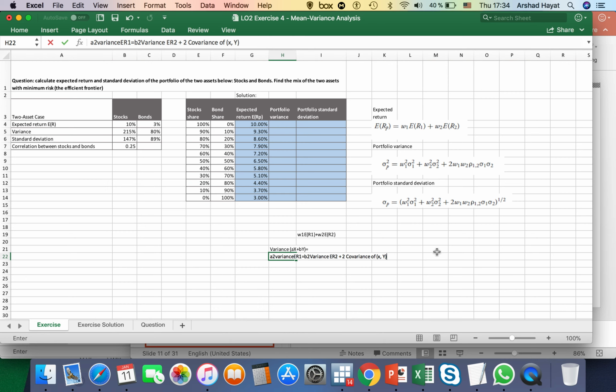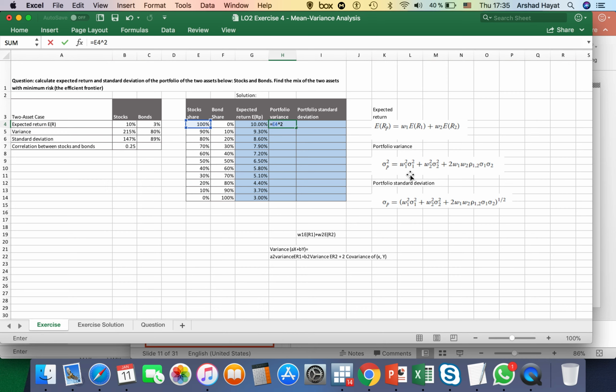So this is the formula. When we apply this formula to our situation, then we get this here. So we have A square here would be W square. So let's just do this here. What is W1 square? W1 is this one, the share of stocks. So put a square here, so power 2, multiply this by variance of